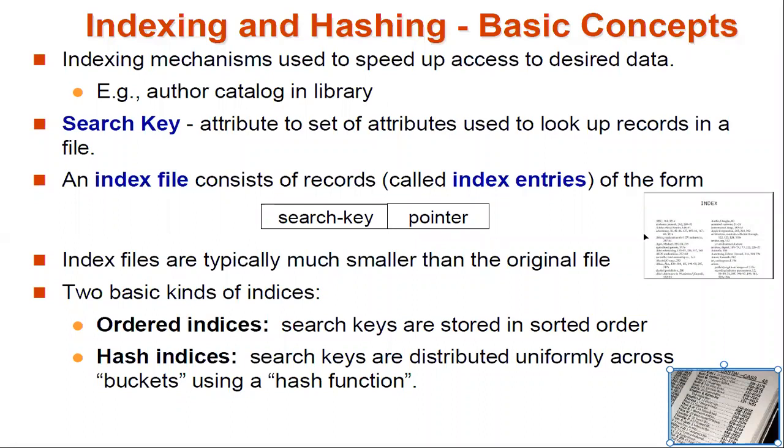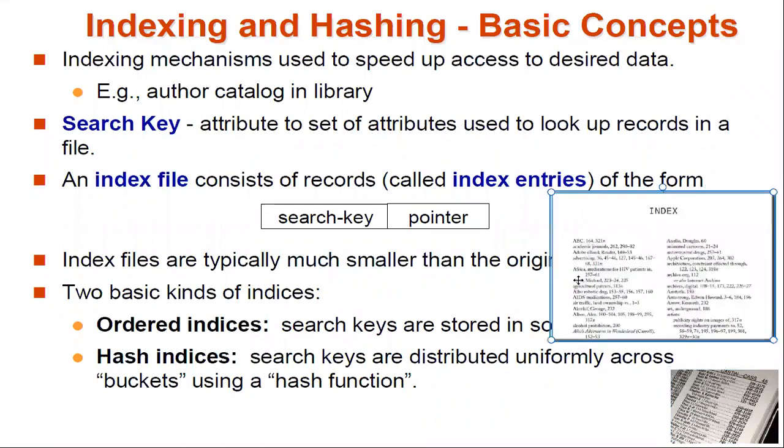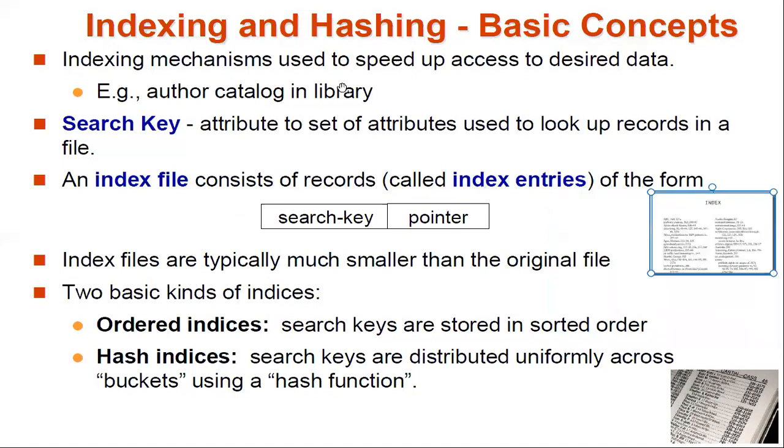Similar to this one. This is actually your example for the index file, where you have the search key and then the pointer. Here, the search key is the word that you are looking for, and the pointer is the page number. The same thing we use in the index file format, where you have a set of search keys and then the pointer to the particular record. The same exact mechanism is used for indexing purposes.